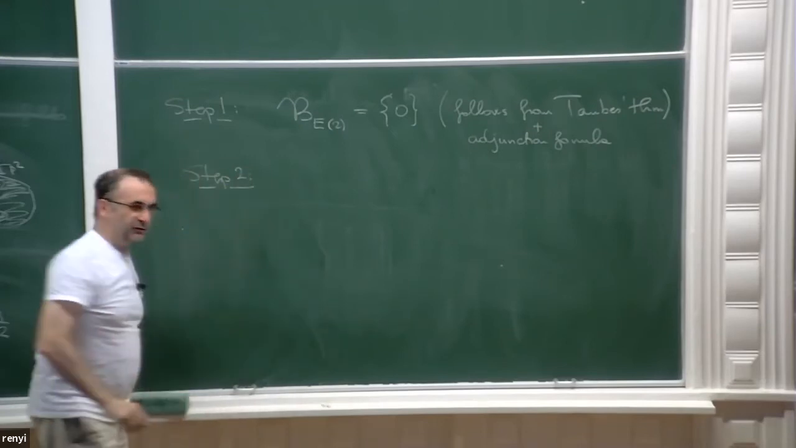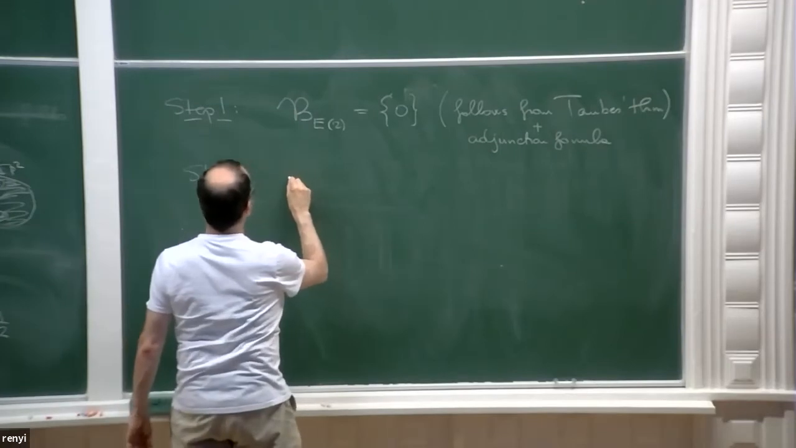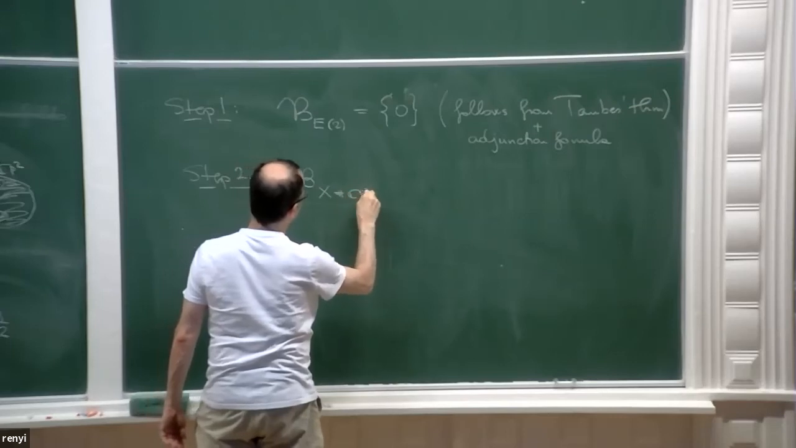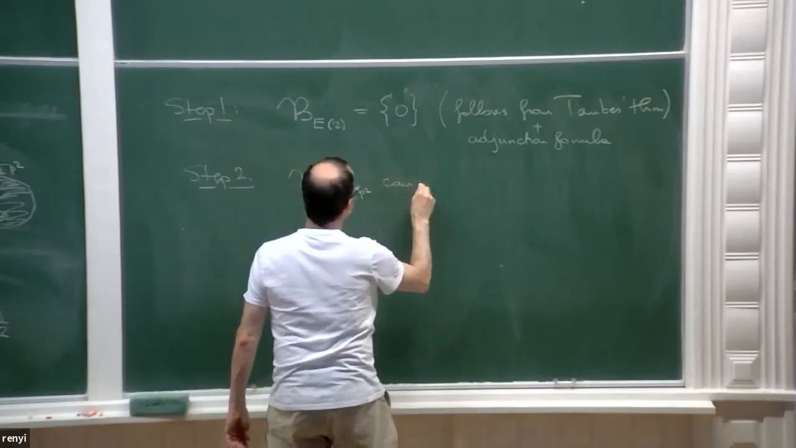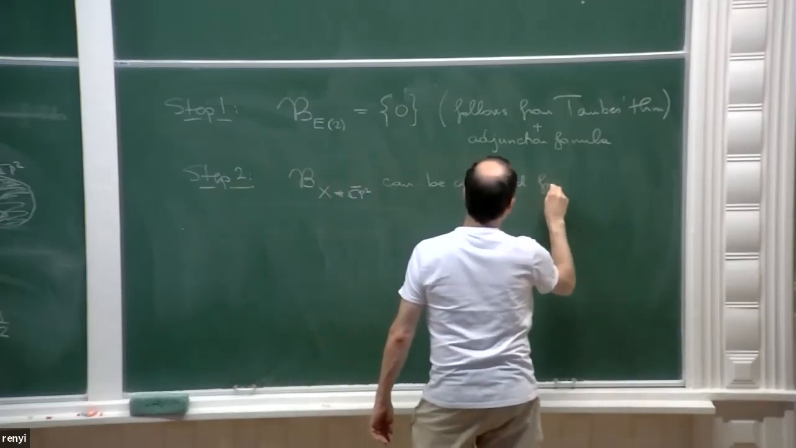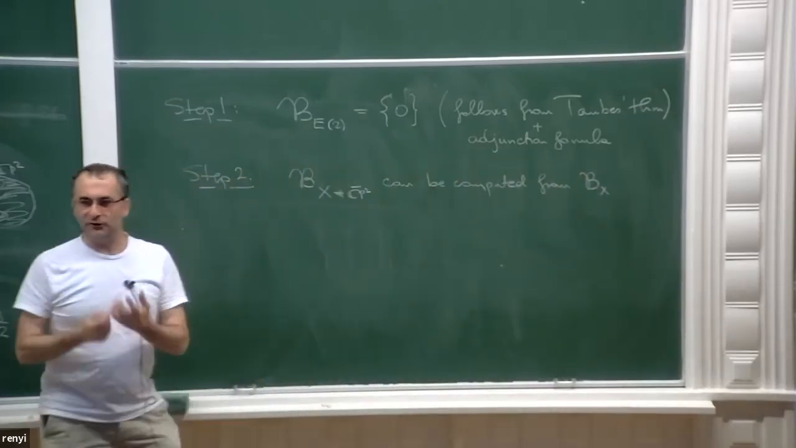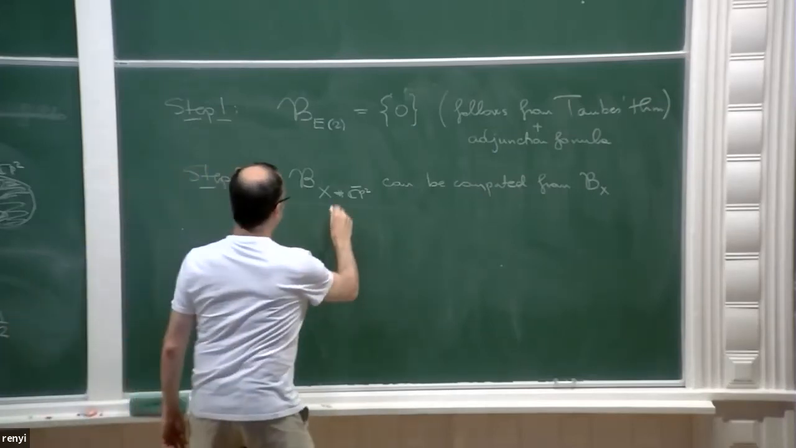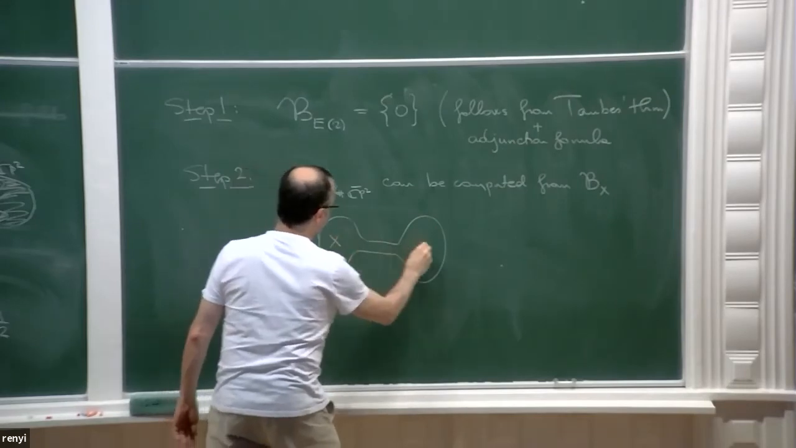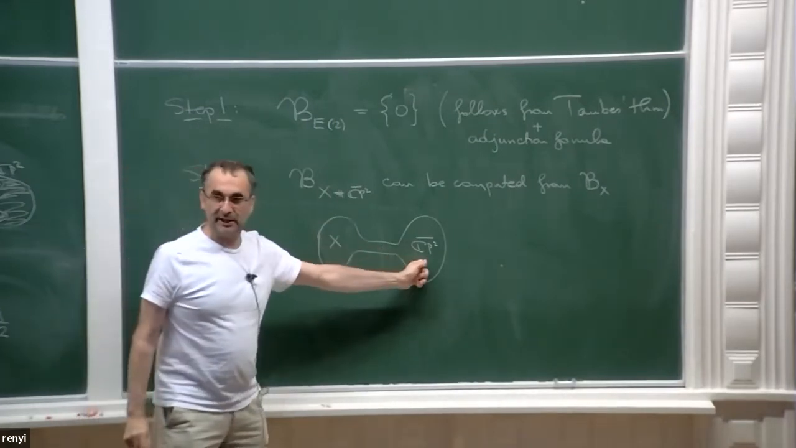we do what we did before. Step 2 is that the basic classes of any manifold blown up can be computed from the basic classes of X. And the idea is borrowed from the vanishing theorem. You remember this is a connected sum. So we can take my previous picture. We have X minus a disk and CP2 minus a disk, and we